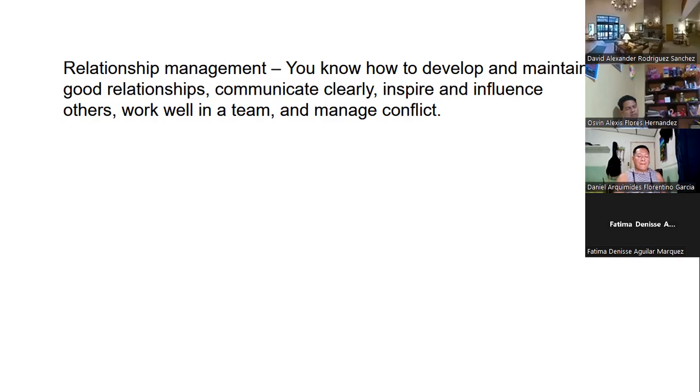So that is it. This is the last attribute, the last level. If you see, we are coming from the inside to the outside. The first one was self-control. You need to control yourself. If something is making you angry, stop. The second one is self-awareness. You need to know yourself, your strengths and weaknesses. The next one was the empathy part.